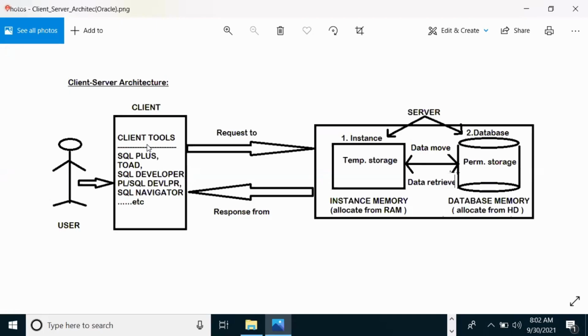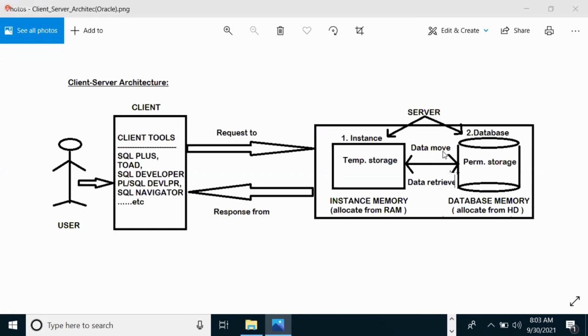Yes. We said already in my first explanation that when we insert, the inserted data is stored in temporary memory. That is called instance memory, that is called RAM memory. This is a temporary storage of data.